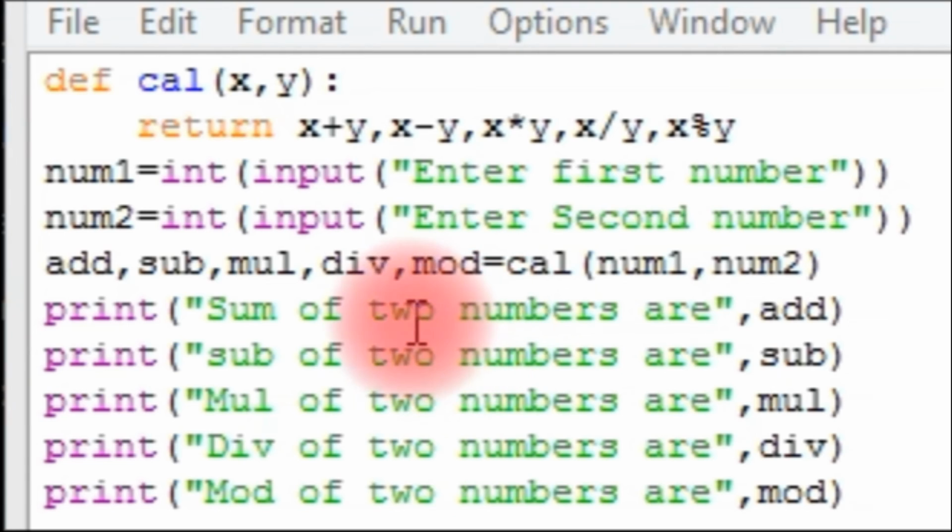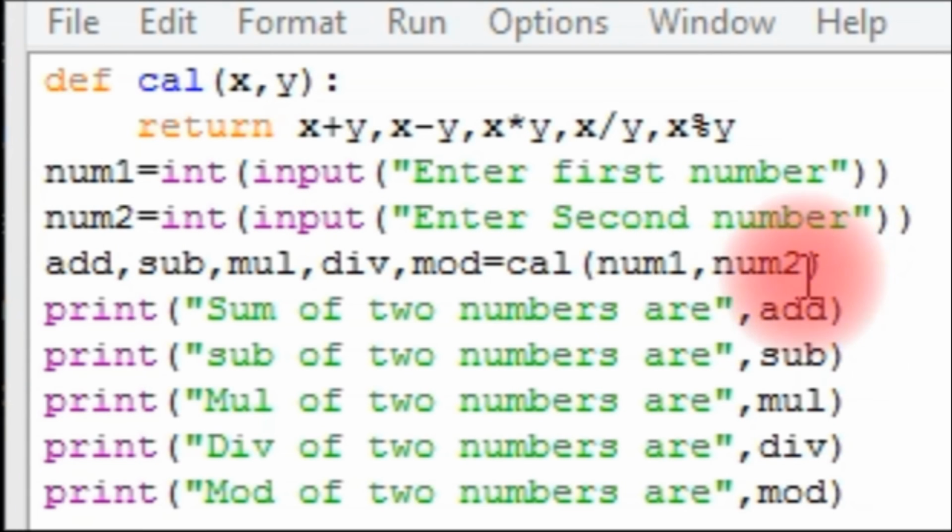Here we have created only one function, namely cal, with two parameters x, y, and it returns multiple values. In order to perform this, the return statement should be in this format, comma separated, and the function call should be in this format, comma separated again.